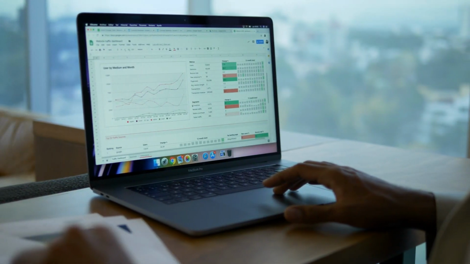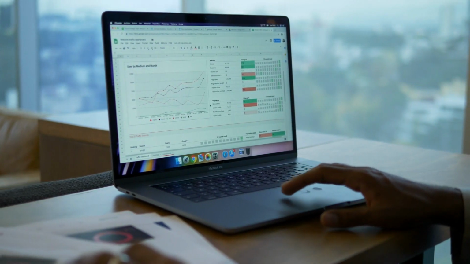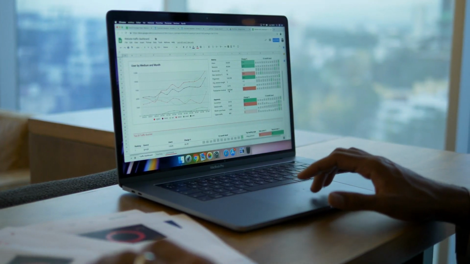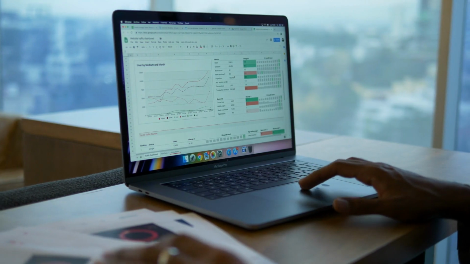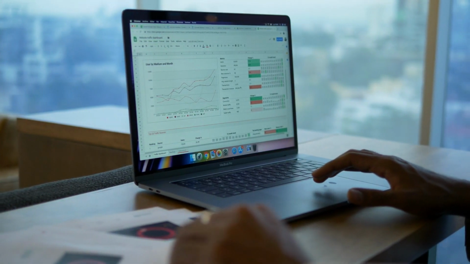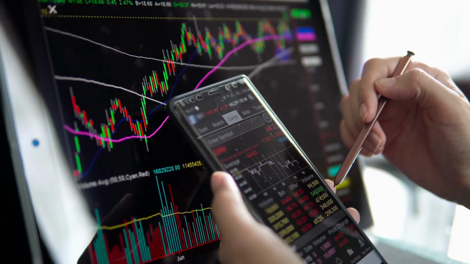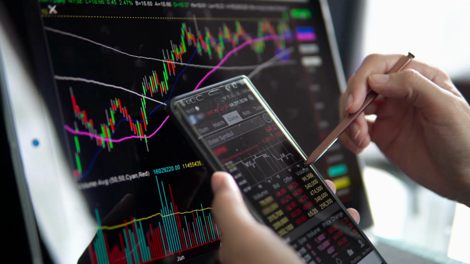Now, you might be wondering, well, I don't have time to understand this, and why should I even invest anyway when I can earn 2 to 3% just keeping it in a bank on a high side? Well, the answer is pretty simple. If you do it right, you can make a lot of money.